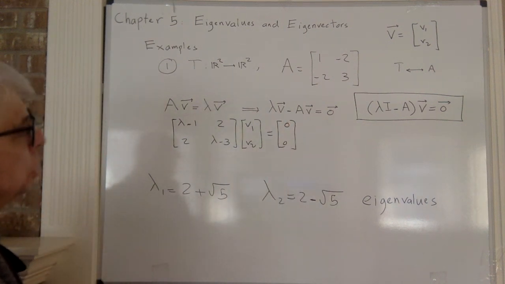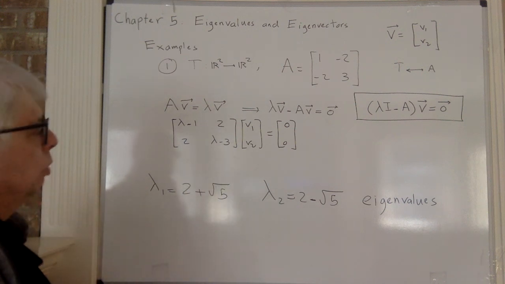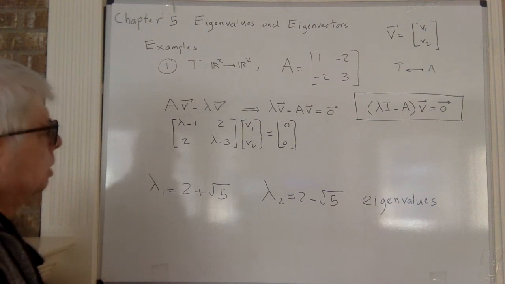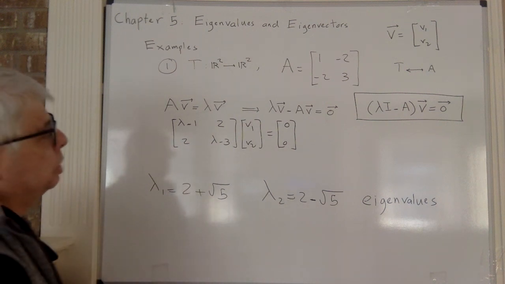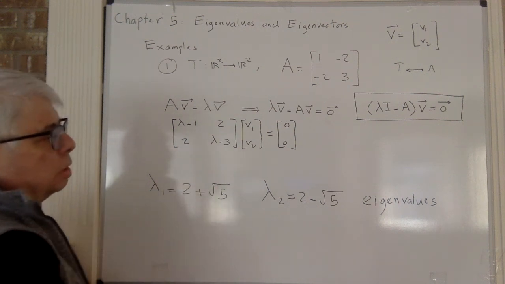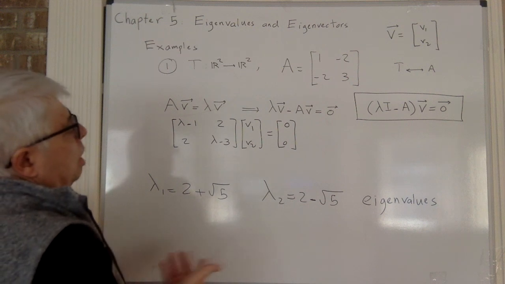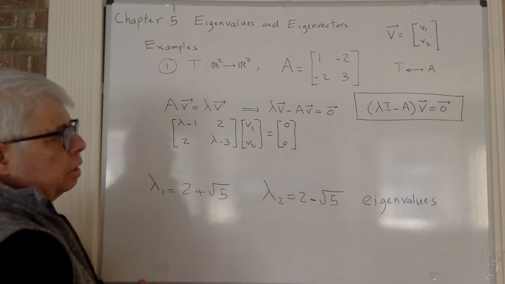So this is the equation that I should solve and find V1, V2. Well, I have a 2 by 2 matrix, and if I set this determinant equal to 0, it means that the two rows are not linearly independent. So I have to just solve one of them. It means that the two equations